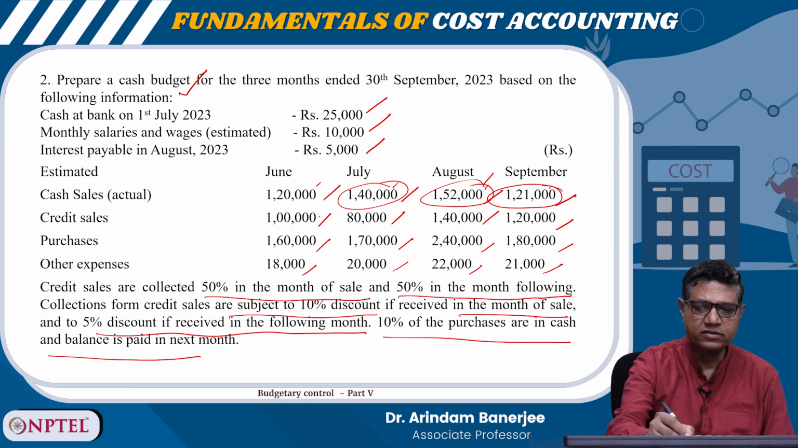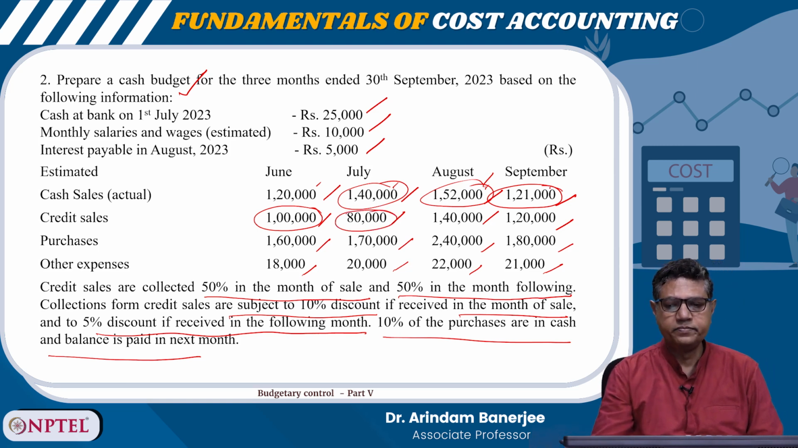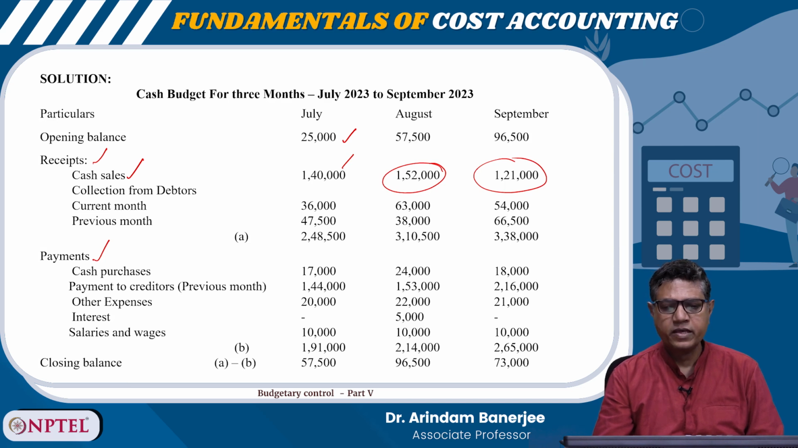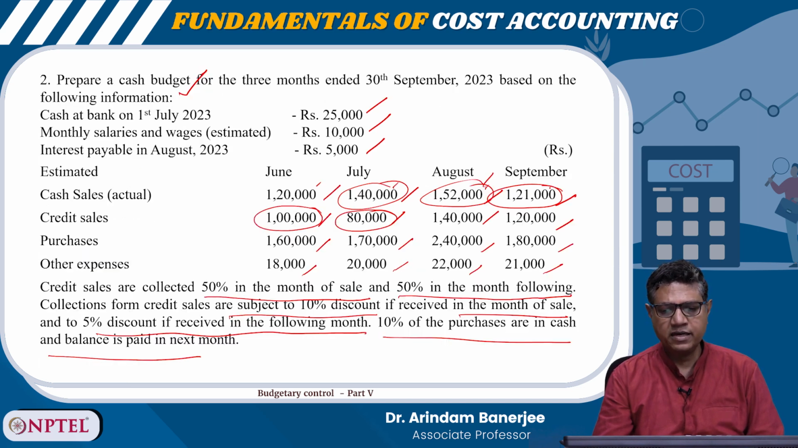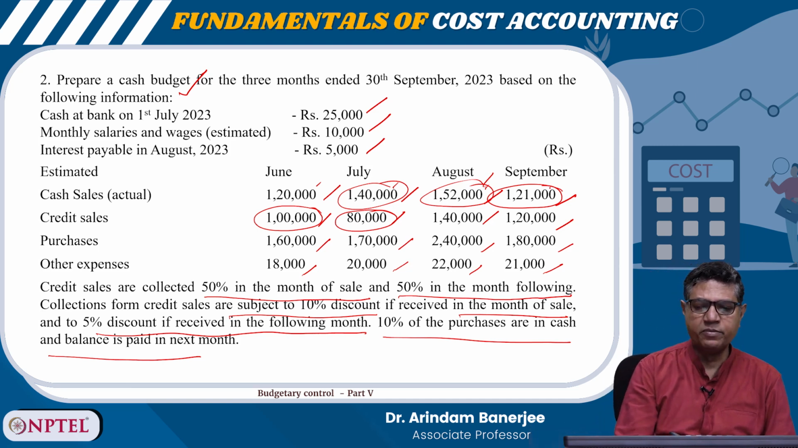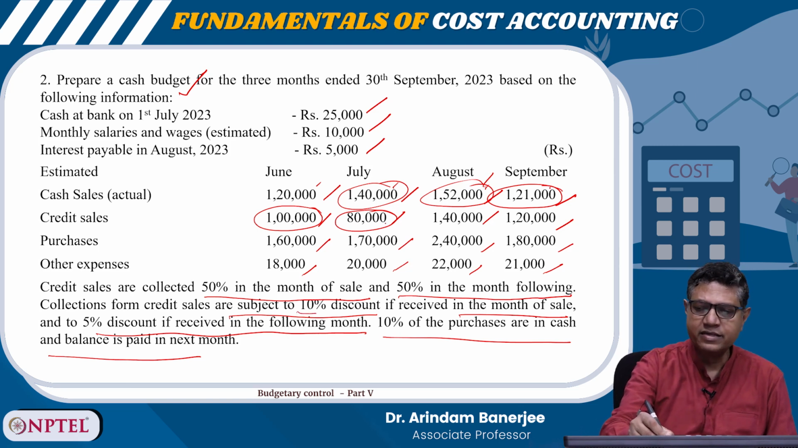So, credit sale is given. Suppose credit sale here it is given 1 lakh, here it is 80,000. In the current month, it is collecting 50%, but if this collection is happening in the current month, 10% discount is there, right. So, in the month of July the credit sale is 80,000. So, I can calculate like this,